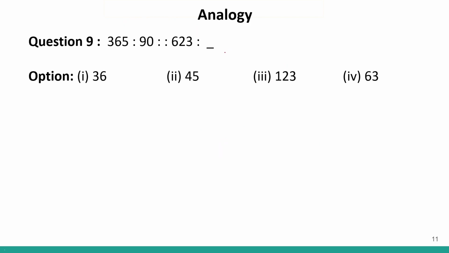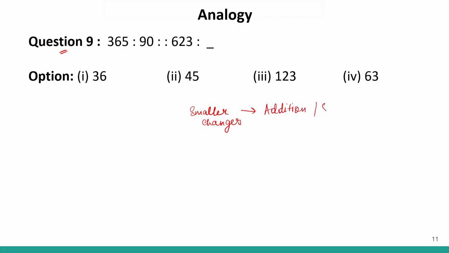Moving forward to question number 9. We have 365, 90. So now I see again a big number and a smaller number. If I see big jumps between numbers, I assume it is a multiplication or a division. If you see smaller changes, we assume that it is either addition or